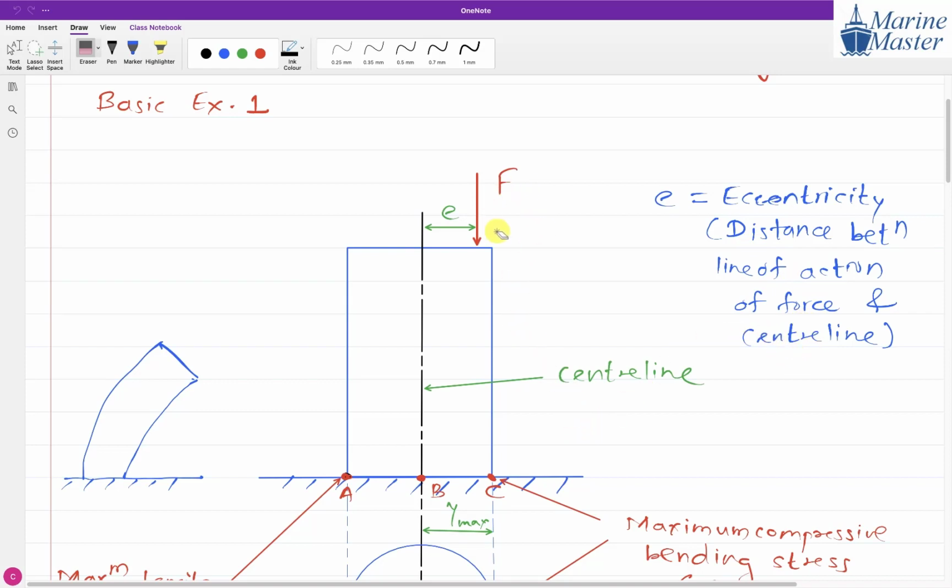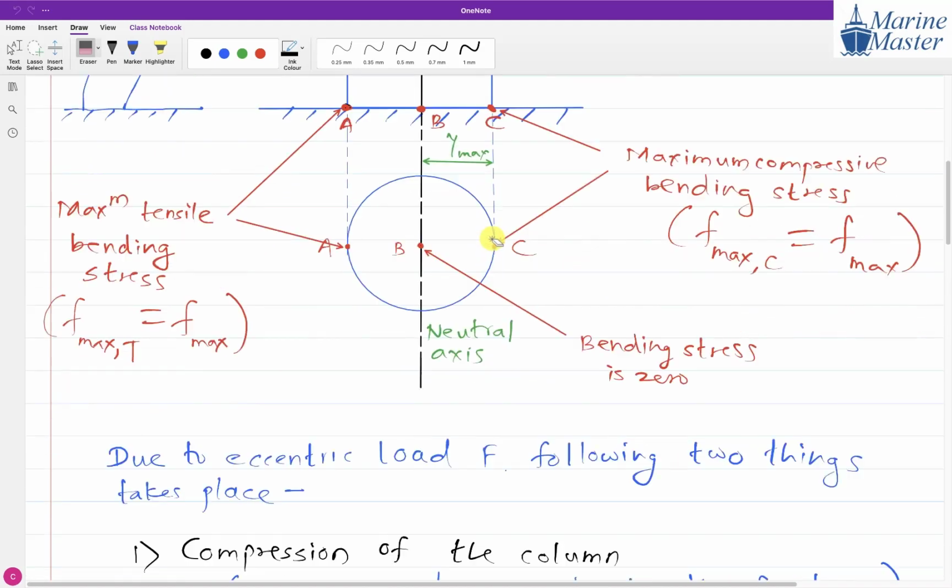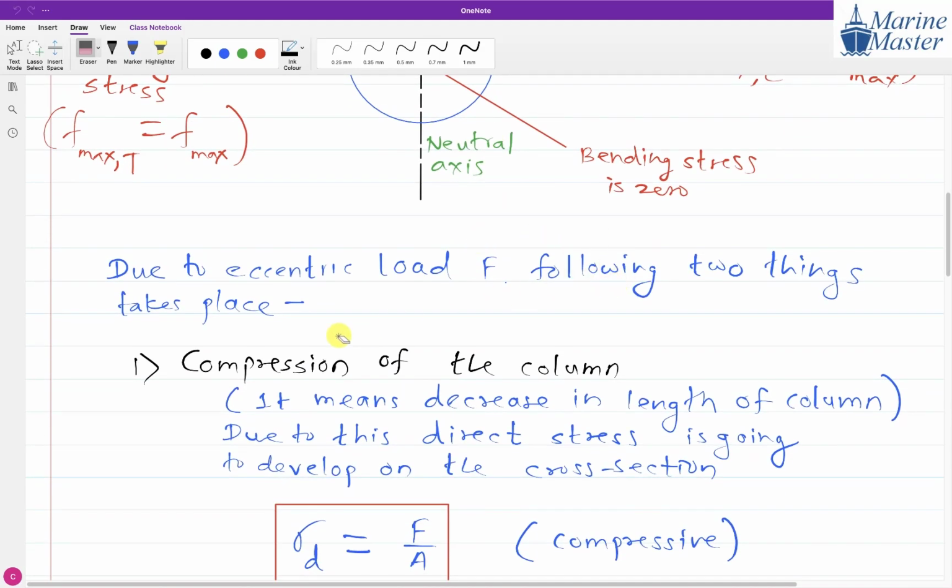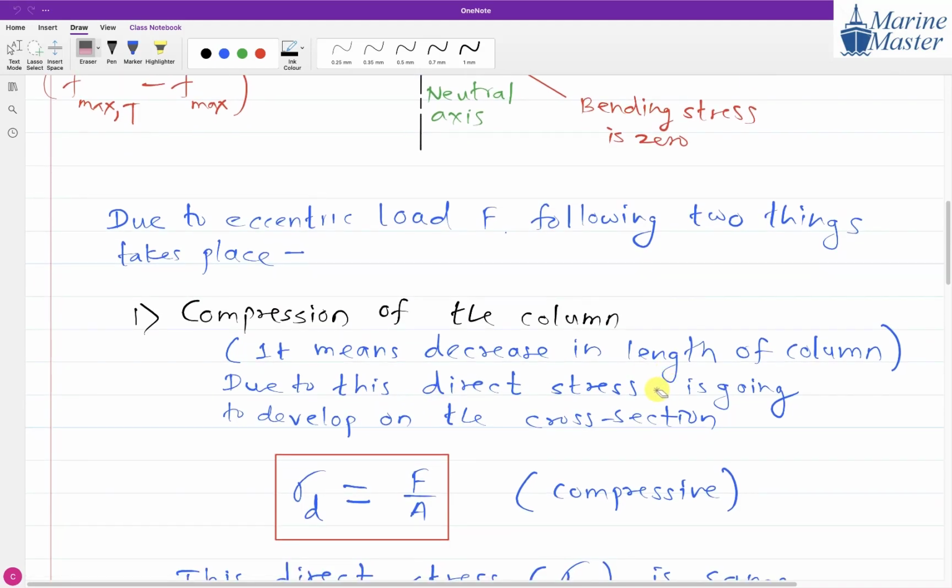Now due to this F, two effects are going to be created. What are the two effects? Due to the eccentric load, the following two things are going to take place. First is compression of the column. It means a decrease in the length of the column, and due to this,